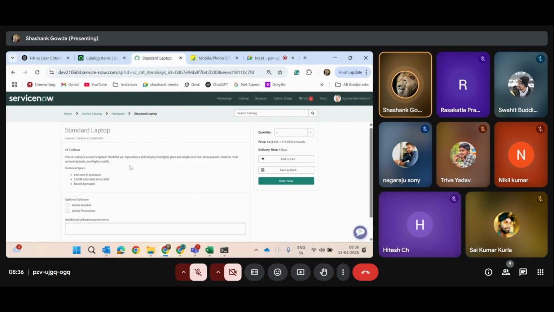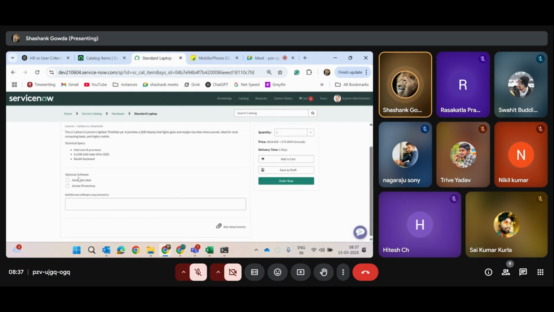Okay, this is a standard laptop, and these are the description and short description you are having. These are all the variables where you can add some data. There are different types of variables we need to learn, like different types of fields we have in a table, like string field, date field, choice field, reference field. Same concept here, these are called variables. Each variable can be defined in different ways, like string, reference. We will go through that, where user can provide the data. And once user provides the information and clicks on order now,